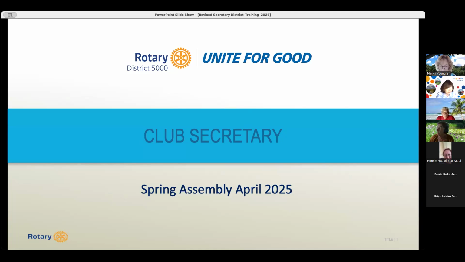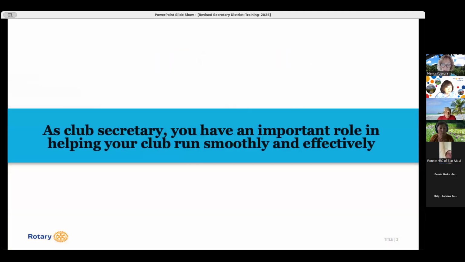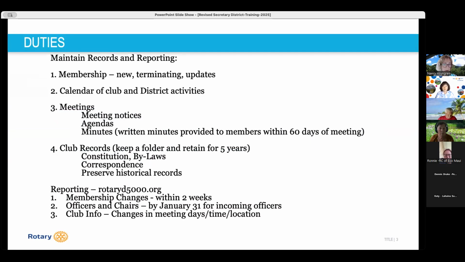We are going to be talking about logistics of getting around Club Runner and the basic secretary duties. The important role in helping the club run smoothly, especially with respect to communications and updating membership information. So the duties, briefly, are maintaining records and reporting.